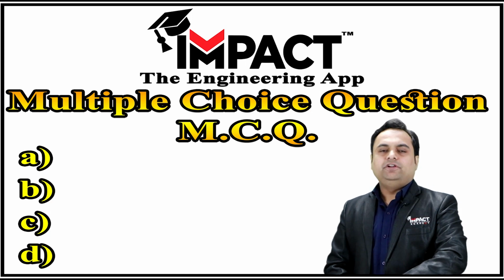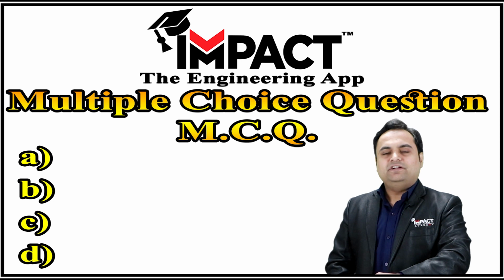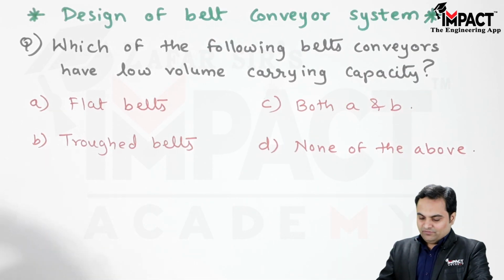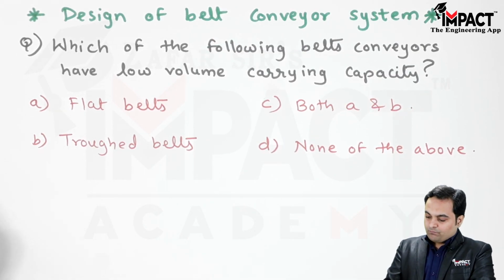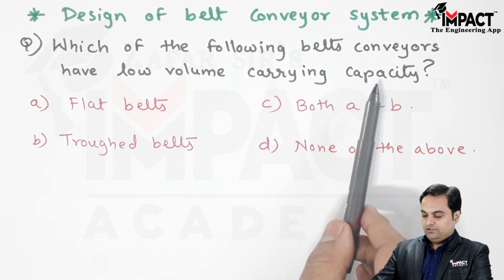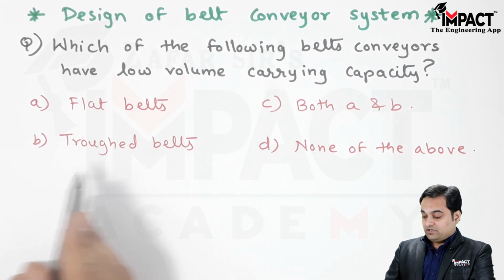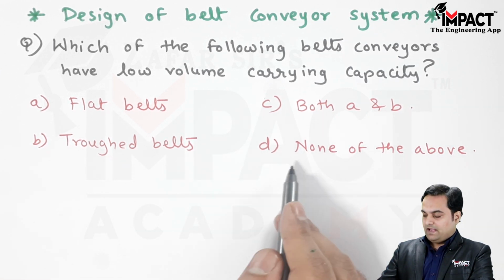Hi friends, here in this video I'll explain the MCQ on design of belt conveyor system. So let's start. Now here is the question given. It is said, which of the following belt conveyors have low volume carrying capacity? Four options are given. First is flat belt, then trough belts, then both A and B, and D, it is